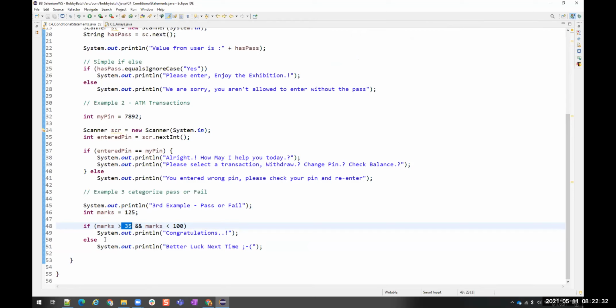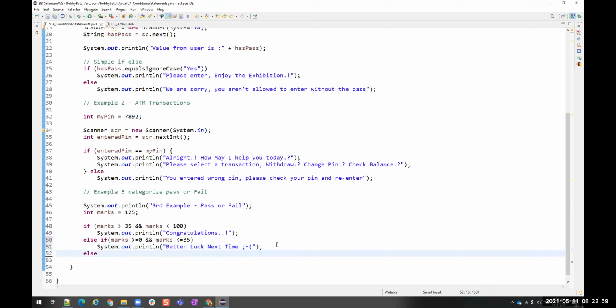Yes. Okay. So instead of normalizing everything, I'm going to add another condition which is else if. Else if marks is greater than or equal to 0 and marks is less than or equal to 35, then I'll say better luck next time.